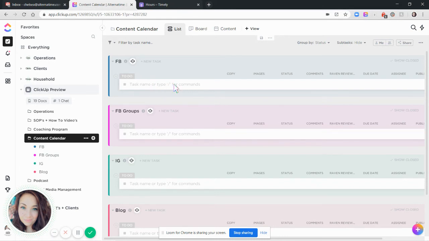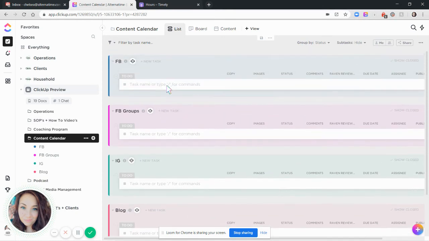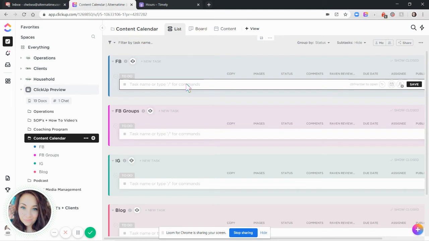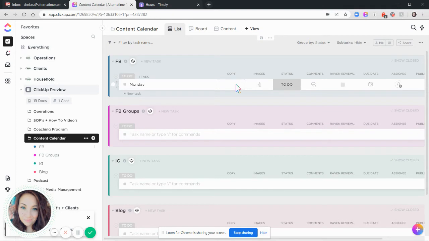So in this, if you were to say you're using this as a content calendar for your Facebook page, your Facebook groups, your Instagram, and your blog posts, you would just go in here and add whatever your content is going to be. So let's just say the task name is going to be the date, and then you can add different things. So let's just say this is for Monday. I'm not putting the date in because I don't feel like leaving here to look at my calendar, but Monday, and I'm going to click save. And now I'm going to go here and I'm going to say alternate time is awesome